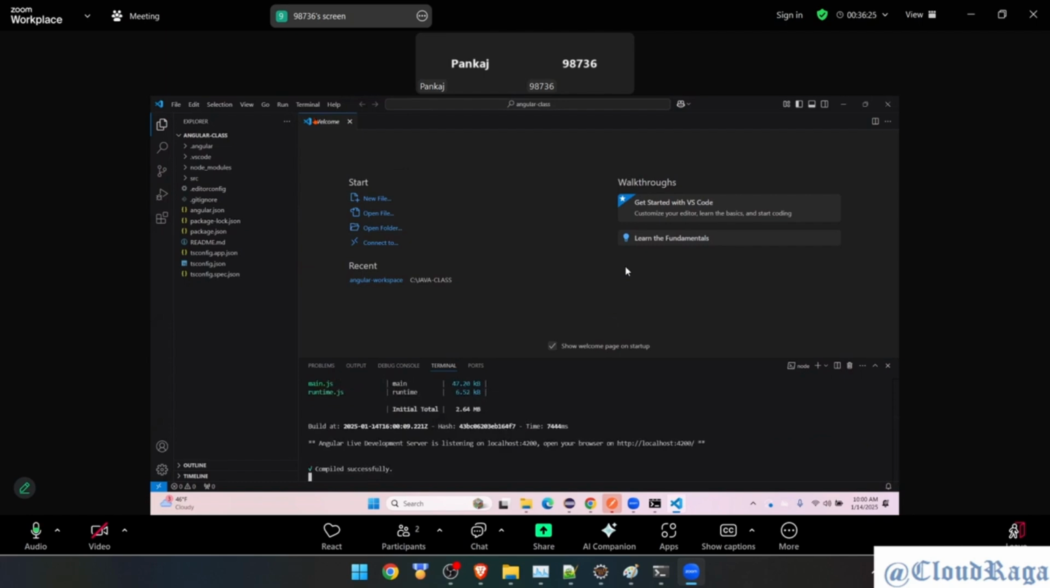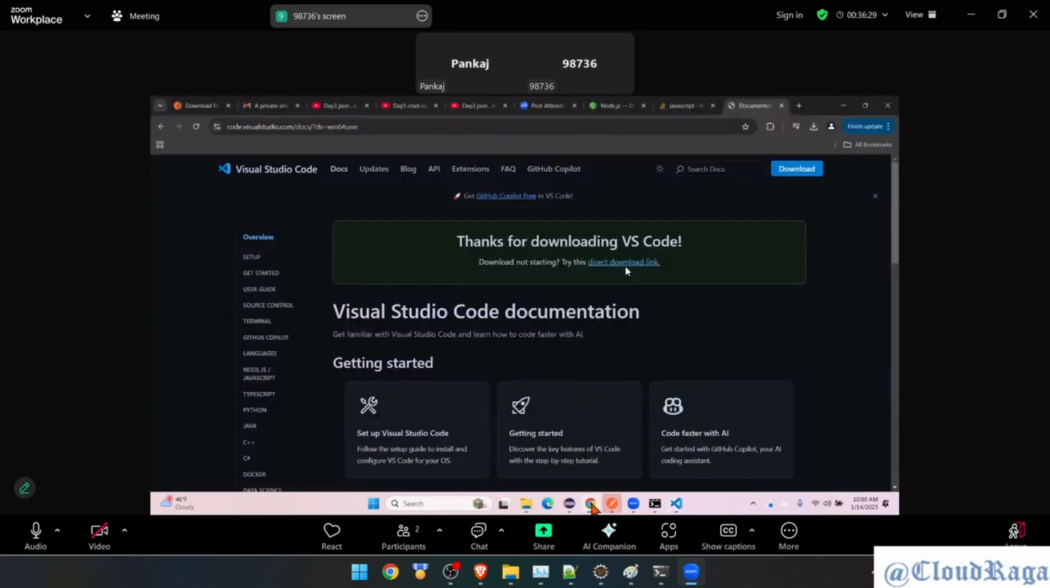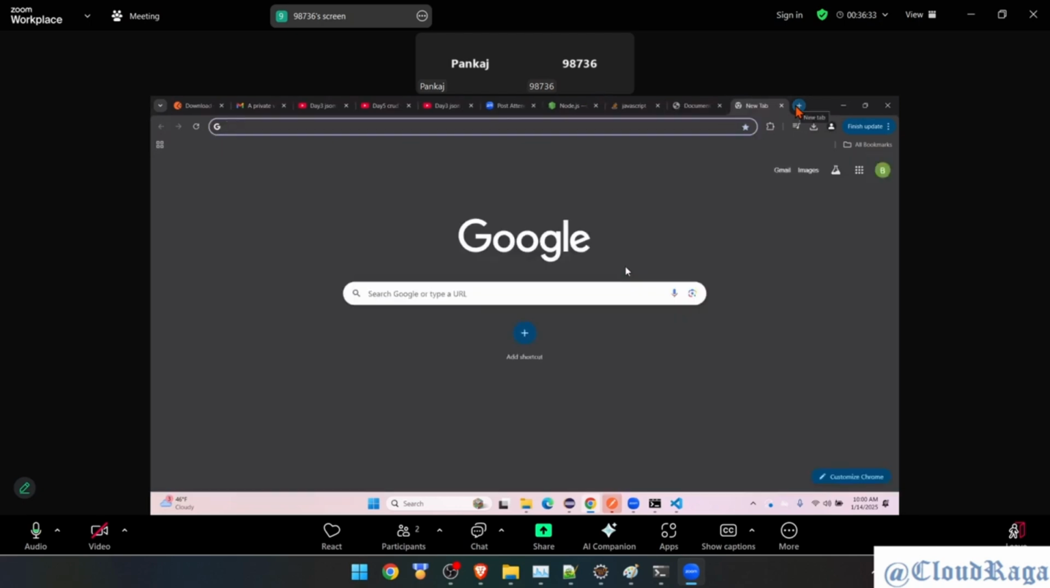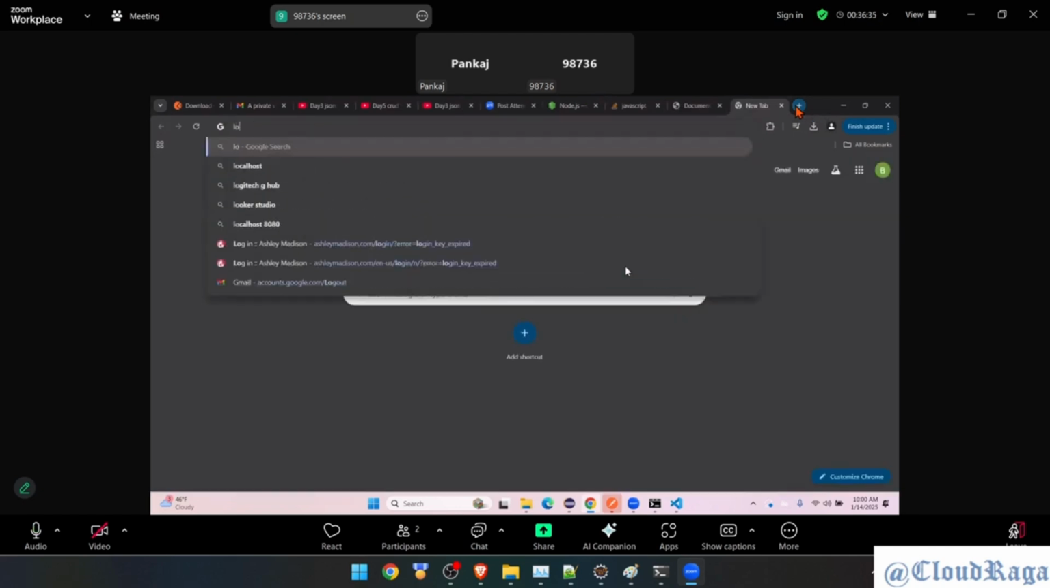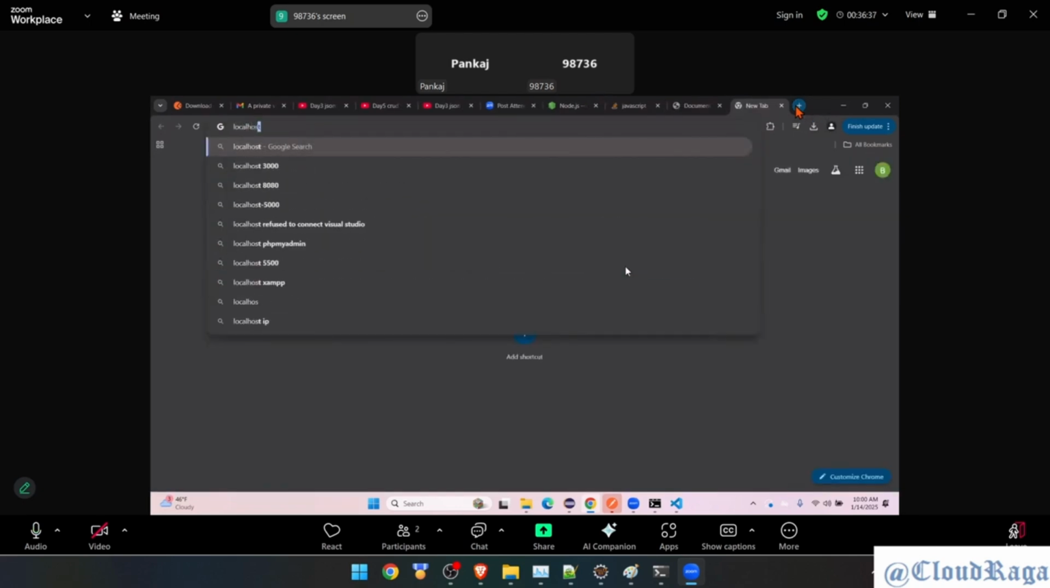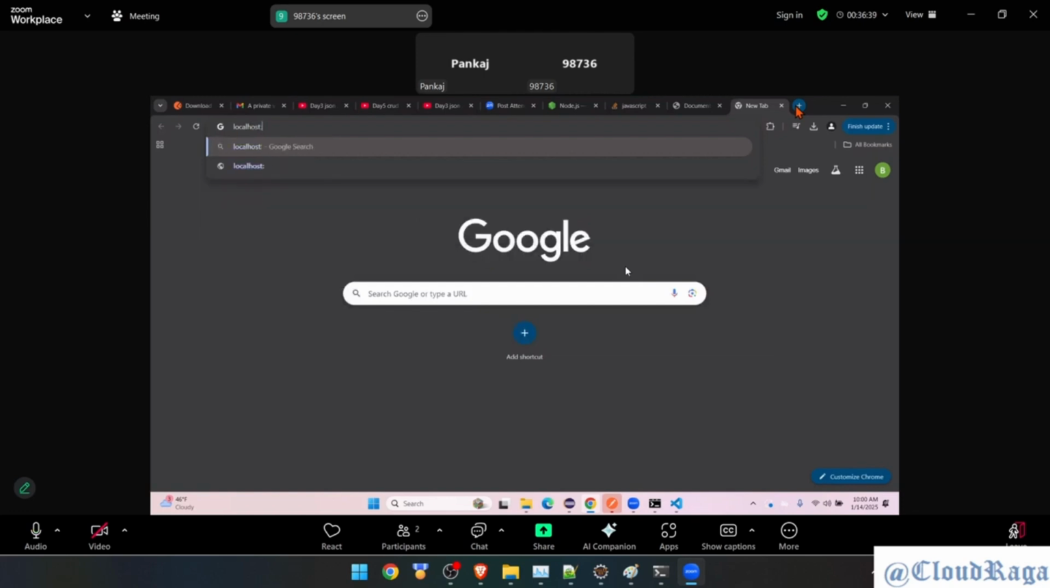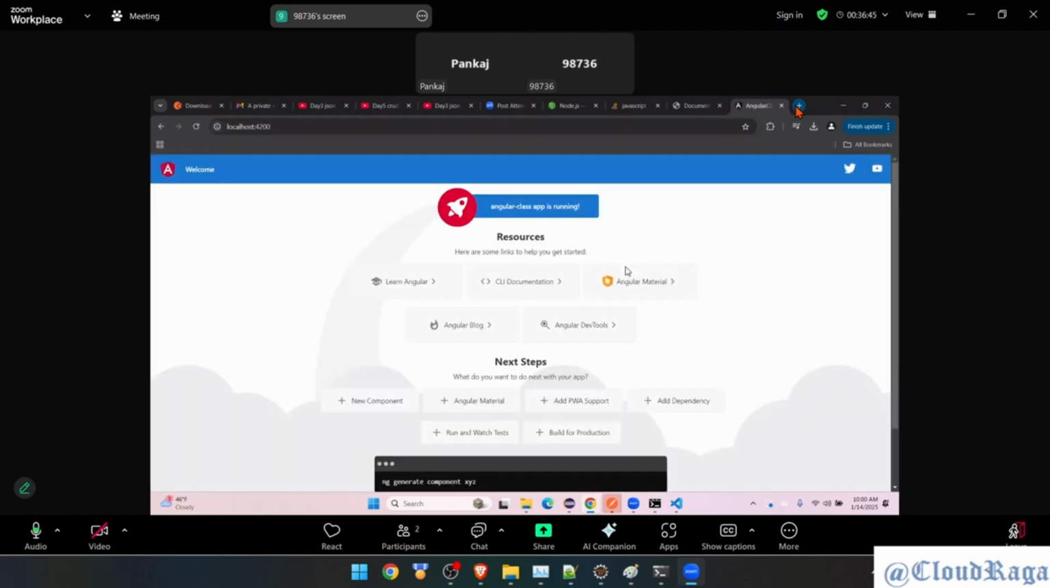अब अपना कोई भी ब्राउज़र ओपन करो, एक नया टैब ओपन करो, URL पर लिखो localhost:4200, एंटर मार दो। This is your default page, जो तुमने प्रोजेक्ट बनाया, उसका आउटपुट ये है।